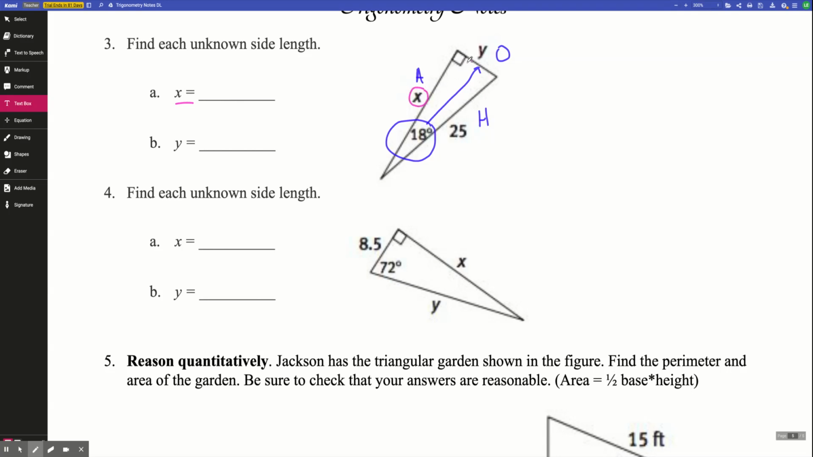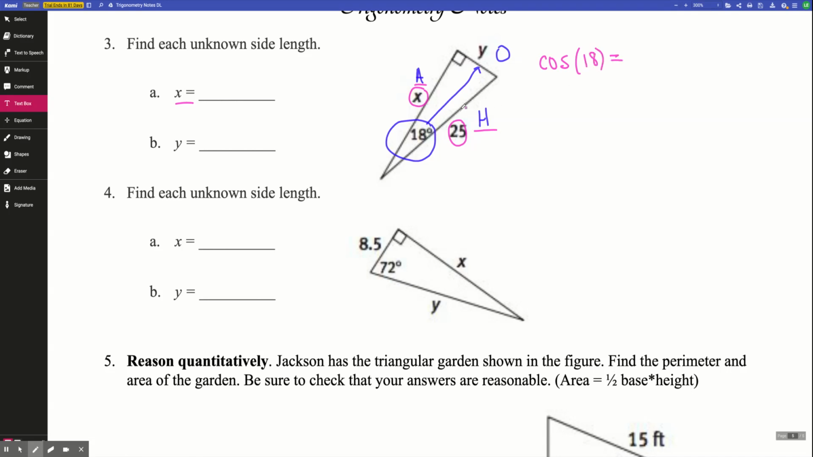Now, notice I have information on every side, either a variable or a number, okay? But I don't want to use this opposite side right here because it has another variable, right? I'm already dealing with one variable. I can't include 2 in my equation. Otherwise, you won't be able to solve for anything. So I'm going to use the X and the 25. So that means I'm using A and H, which is cosine. Okay, so I'm going to do cosine of, and then the angle is 18,